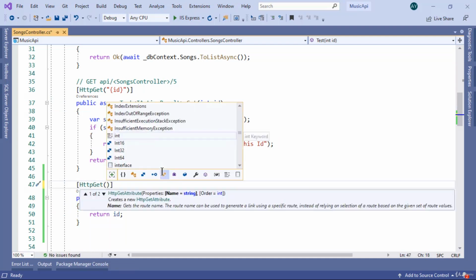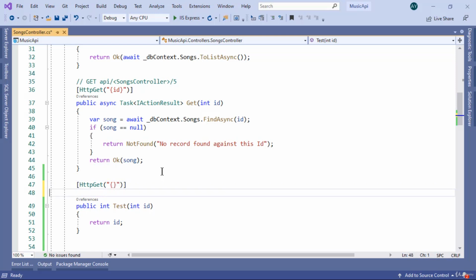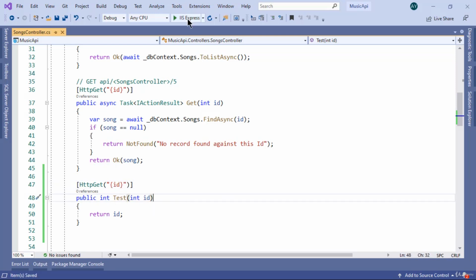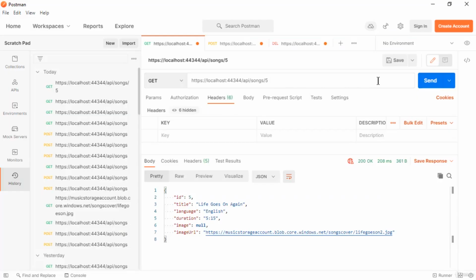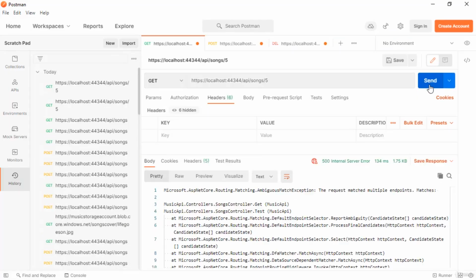Now if we add the HTTP Get attribute on top of this method, run the application and again send the request, then this time we'll get an error. And it's saying that we have two methods of the same signature, or multiple actions found against this request,